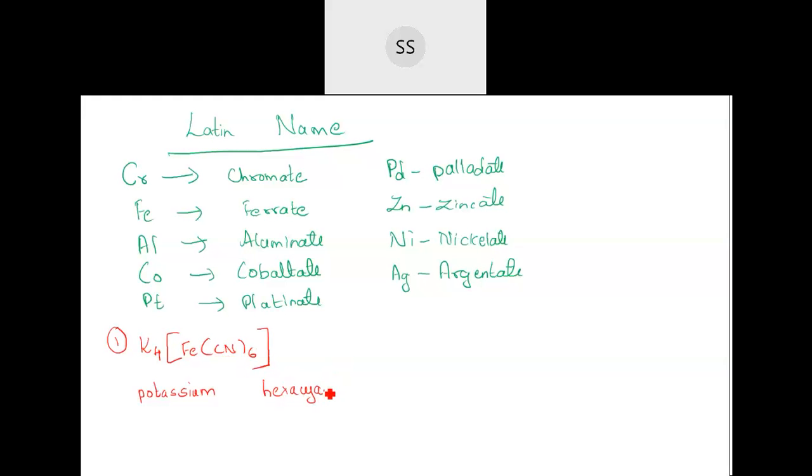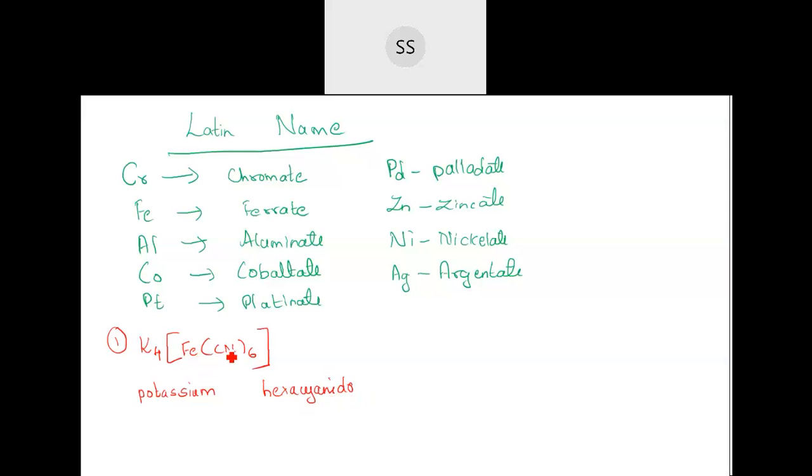Some books will give you cyano, and that is also correct, but this is the latest version of writing the name. Cyano was used before 2004, when they were using IUPAC names like cyano. Other names also ended with O, like fluoro, chloro, bromo. But now the new name is cyanido. If you write cyano, it's accepted, because most books give that also. But I am giving you this name. So, hexacyanido.